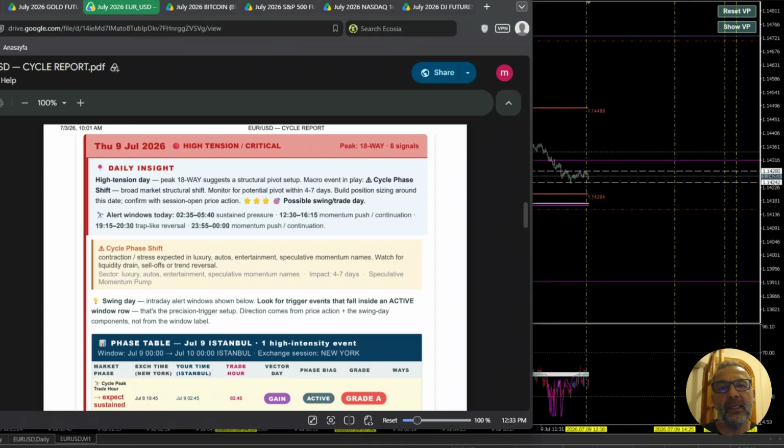Here's another case study, and this one's on the euro dollar. Now I've got this trade open from this morning. It was a bit late, but it was still in the window of opportunity period, at least for scalping the markets. But I don't like to scalp, so I'm going to go for a longer term period trade, and I'll